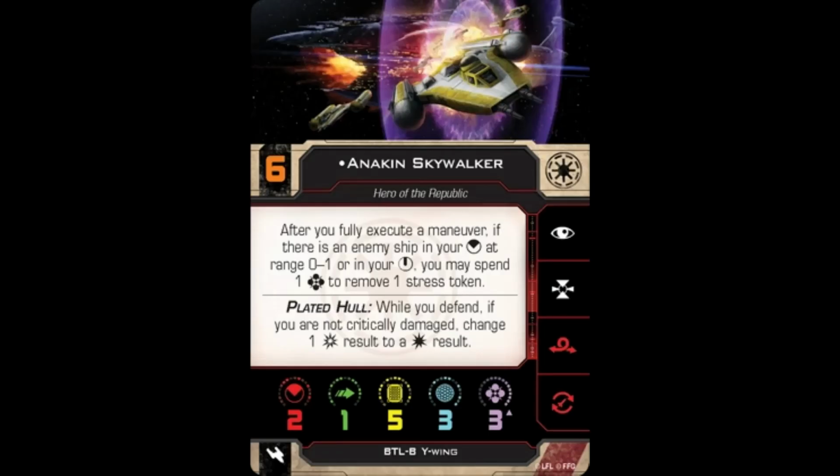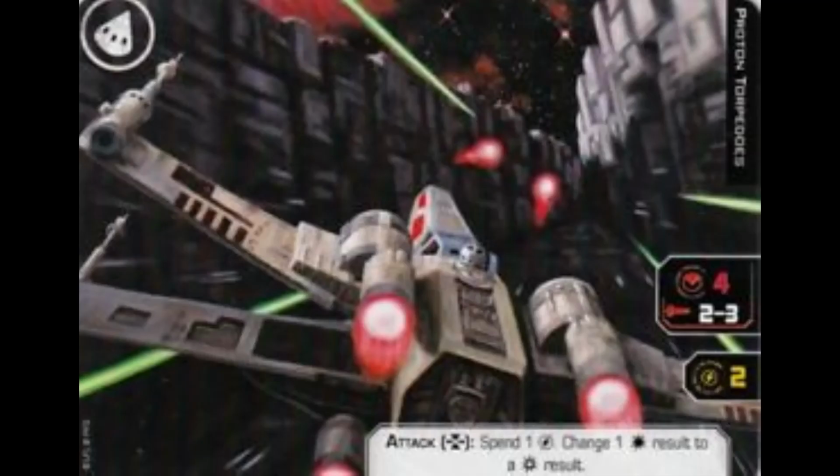The last Y-Wing pilot, the best and definitely most expensive at a whopping 55 points, is Anakin Skywalker. Anakin's ability is the same as when flying the Delta 7, which is honestly a pretty meh ability, but it is less meh in a Y-Wing with additional red maneuvers and less blue maneuvers to clear stress. Anakin can really be decked out as much or as little as you want, but at the very least, with 3 Force and coming in at Initiative 6, he is begging to bring proton torpedoes and just wreck the enemy's